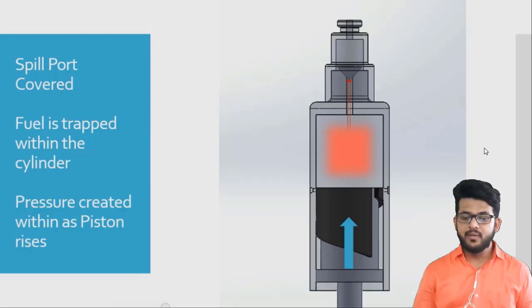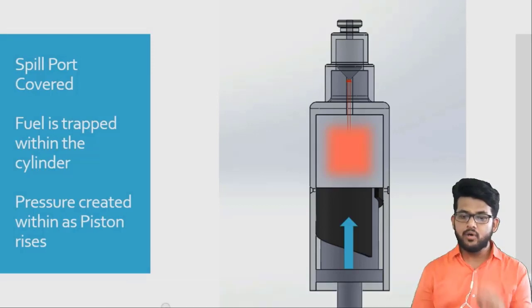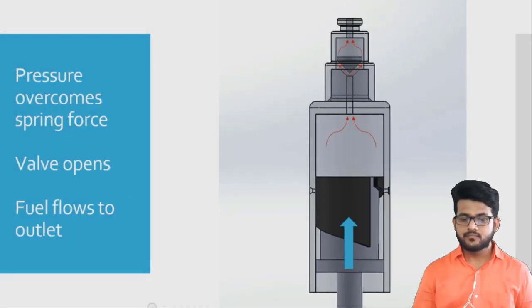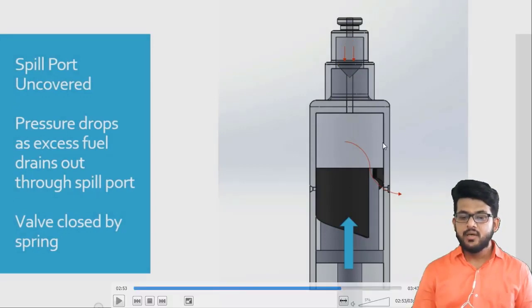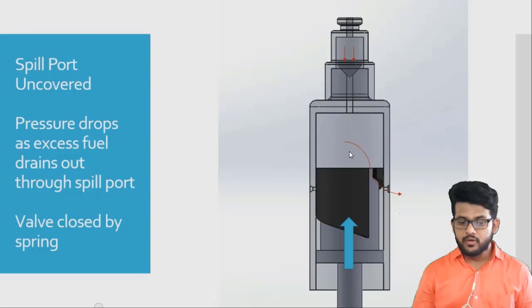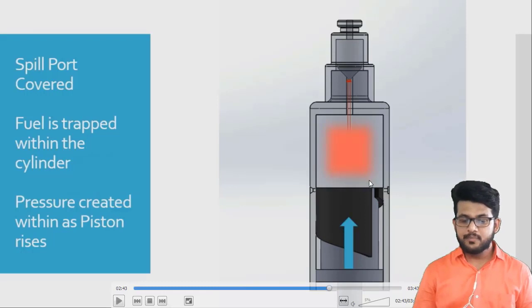So here the piston will be pushed upwards, and all the fuel which is in the higher section will go towards the outlet. So now the piston is pushed upward, and the fuel will go to the outlet in this manner. Fine. Now you can see here also, if there is extra pressure of fuel, it will now move. Just let me show you in reverse direction. See this black portion. Let me zoom it. See this black portion. This black portion is covering our spill port. Fine.